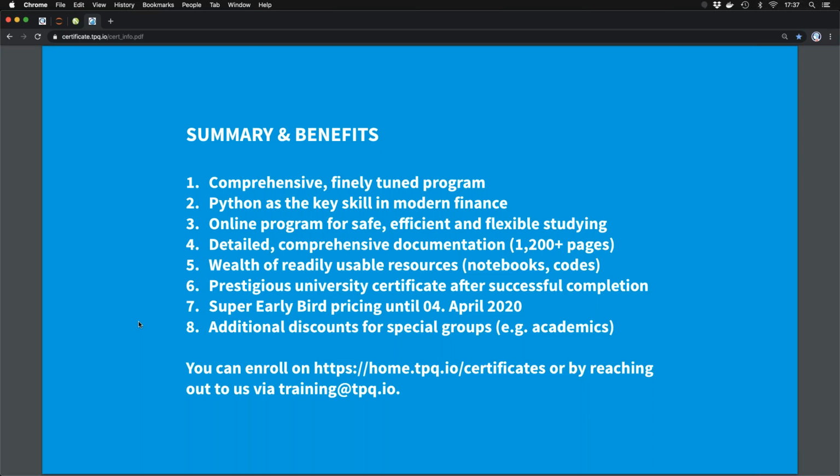Because what we cover is partly required today already, and partly, as I said, we are in front of the curve. It's cutting edge, like reinforcement learning and finance applied to algorithmic trading. So I think we have the most comprehensive program. Some of that is already required as standard today, but many elements that you find here, you will hardly find in any other program or offering out there.